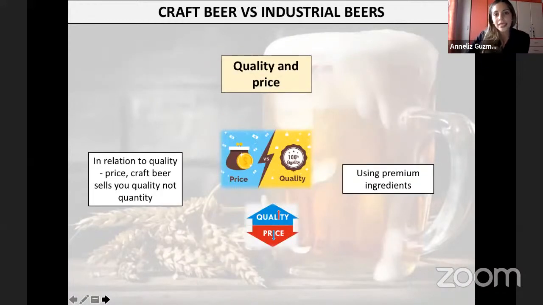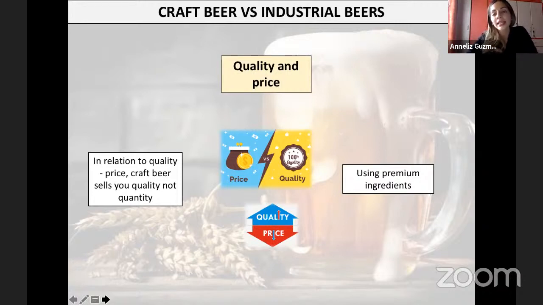Quality and price. In relation to quality and price, craft beer sells you quality, not quantity, and the craft beer uses premium ingredients. I was talking about, for example, industrial beer here in Cochabamba costs around 6 to 9 bolivianos, and a craft beer can cost like 10 to 14,